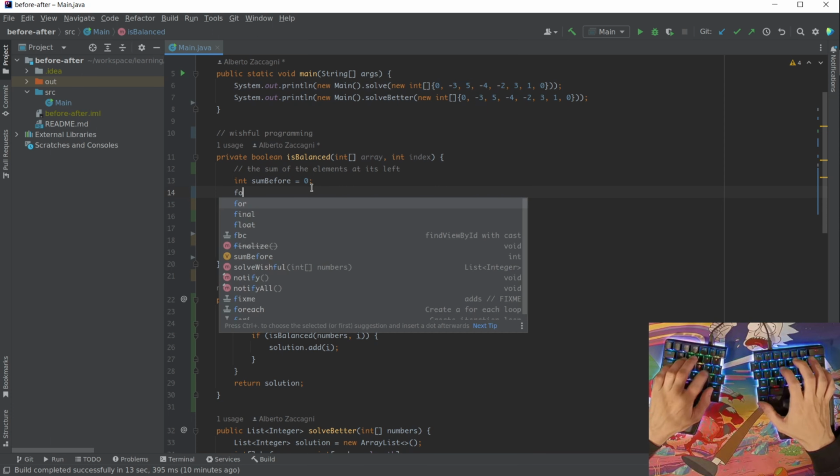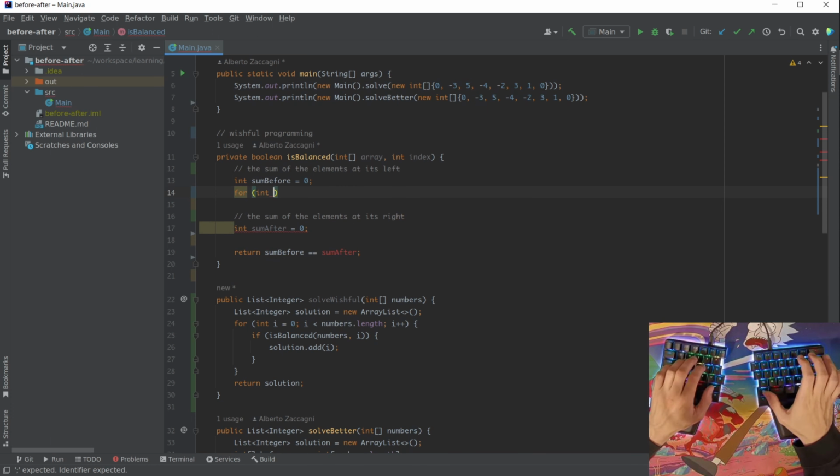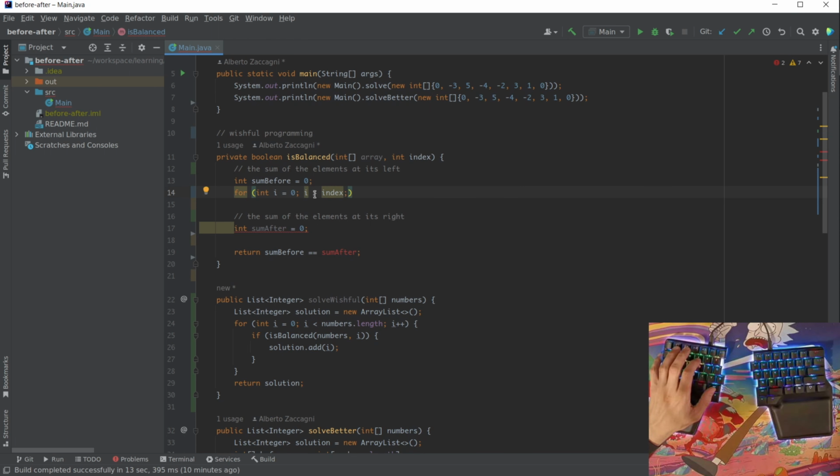So how do I do that? I do a for loop that goes from i equals 0 to i less than index. So I'm not going to finish at the index, but at the element before it, which is guaranteed by the less than, and then i plus plus.